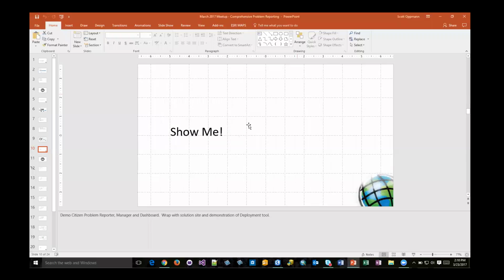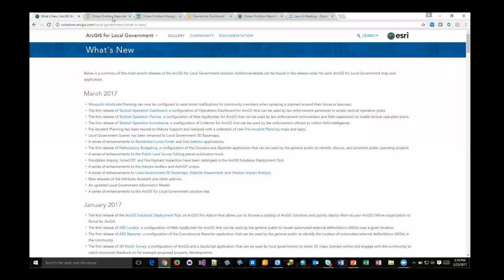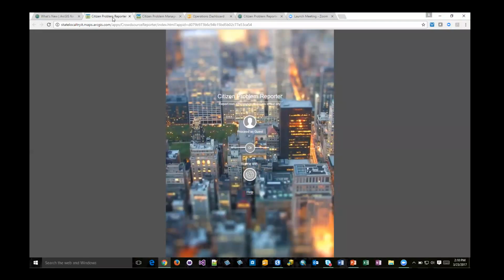So let's take a look at the citizen problem reporter solution, and then maybe take some questions on specific functionality that's available. So I'm going to jump out here, and I'm going to start with the citizen problem reporter solution. And as I mentioned, this is a configuration of Crowdsource Reporter that's optimized for these kind of traditional problem reporting workflows. And this application initially looks a little odd here on a full screen browser because, as I mentioned, it's really designed for